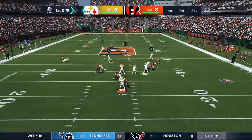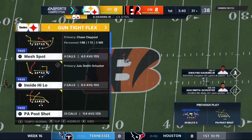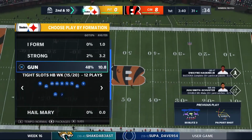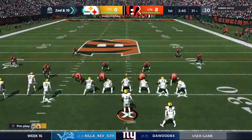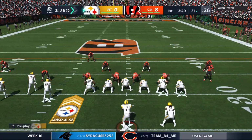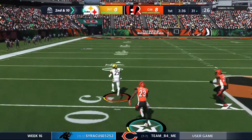They go play action now. Haskins. And incomplete as he was knocked as he threw it, and it took the ball off course. Charles, already trailing by a touchdown early, this offense, how imperative is it for them to get points out of this drive? Well, they feel like they have to go ahead and match because of what was already on the board against their defense. But I think even more so, you just want to avoid 3 and outs. You want to be able to stay on the field for...